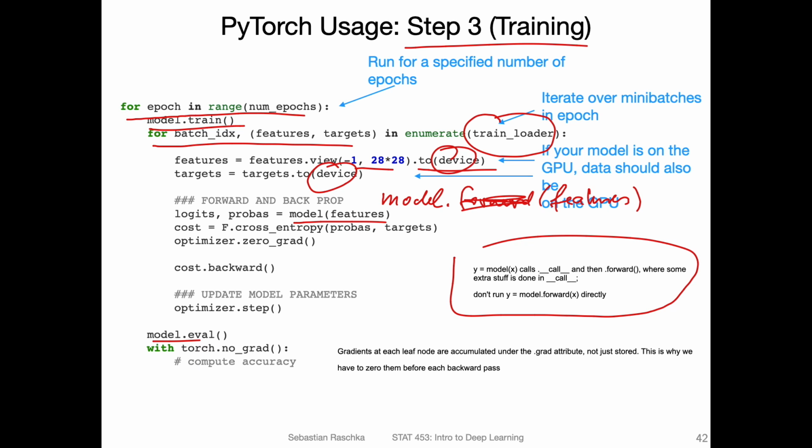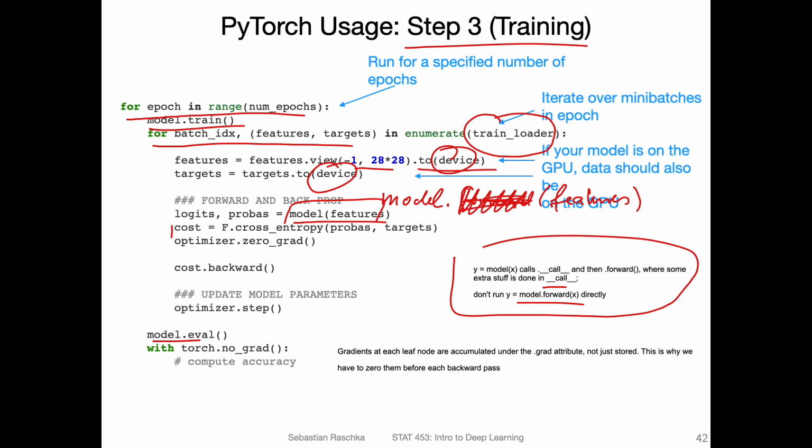So internally, in Python, how classes work in Python, there's something called a call, and this one will actually do some extra stuff and then run forward. If you do it like this, there will be another method, .__call__, and this one will do some checking, just making sure everything looks okay, and then run model.forward. So in this way, this is usually how we do the forward pass. Looks a little bit weird, but this is how the forward pass works.